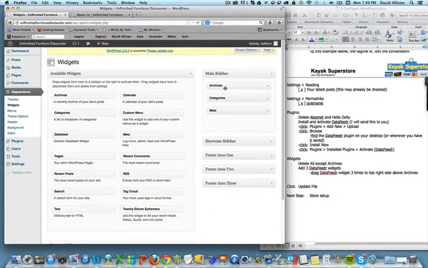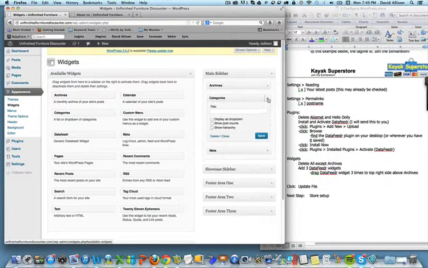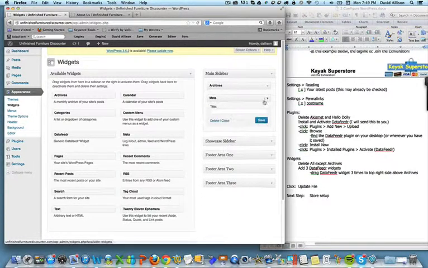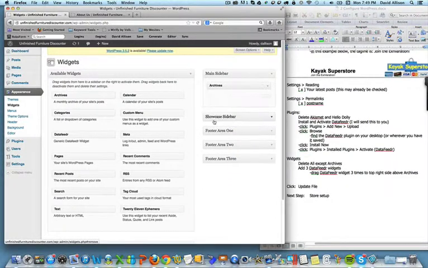And it seemed to work better if we leave the archives in there, so just leave that one alone for now. Click Categories and delete. And Meta, delete. I believe these are all empty right now. There's nothing down in these right now. No, there's not. Okay, and what we need to do now is we want to use the Data Feeder